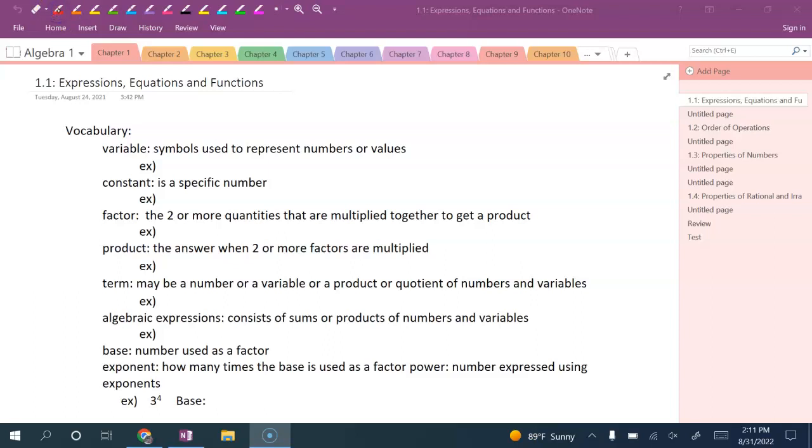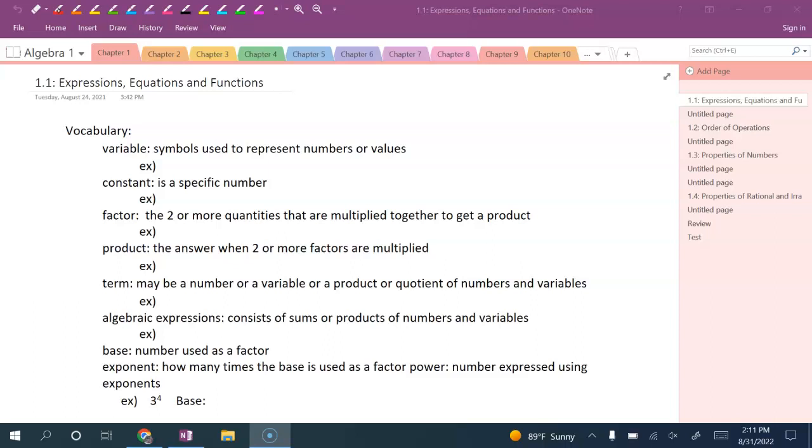Chapter 1, Section 1 is going to be about expressions, equations, and functions, and being able to talk about how to write out verbal expressions or how to write out an algebraic expression based on information that they give you from the problem. The first thing I want to do with you guys is go over some vocab that you're